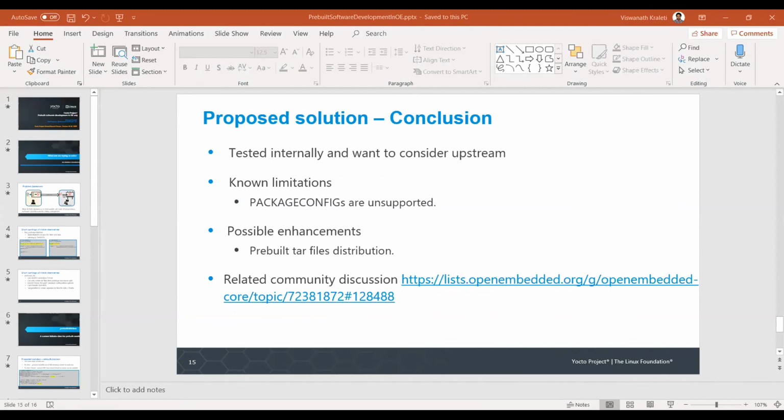And this is the sample class, which you can find in the thread. We already took care of sstate tasking as well. This is not the complete class. We'll probably provide the complete class soon as part of one more mailing list discussion, and then probably we would like to take it forward from there onwards.